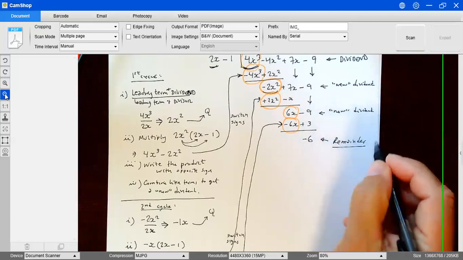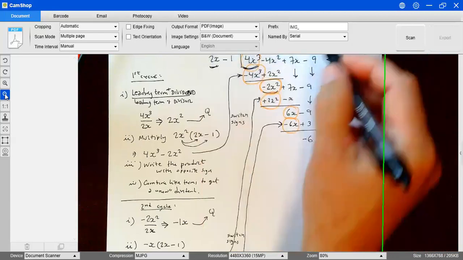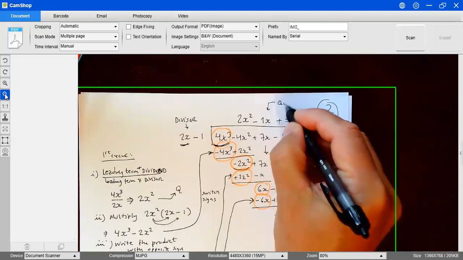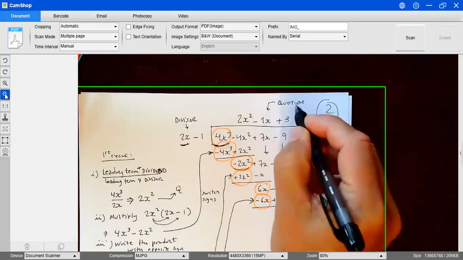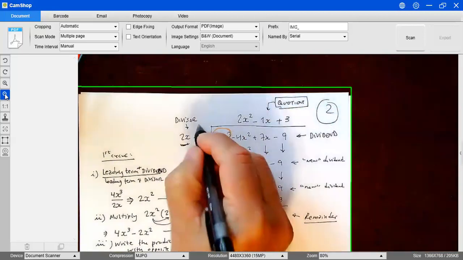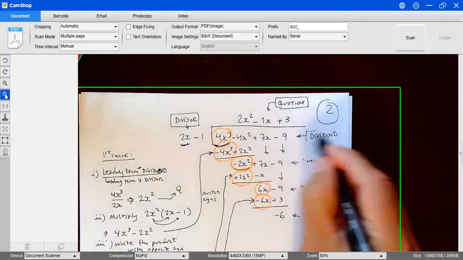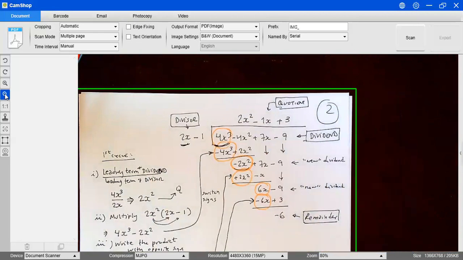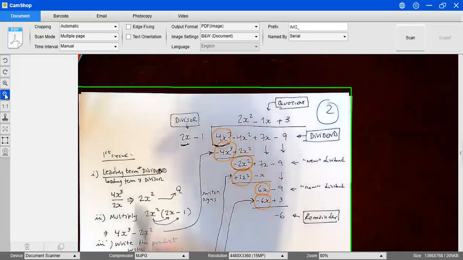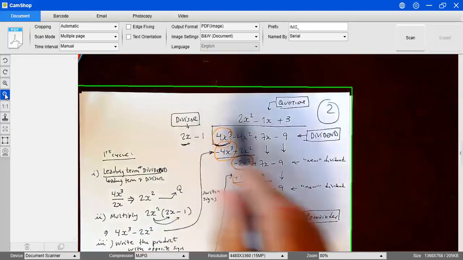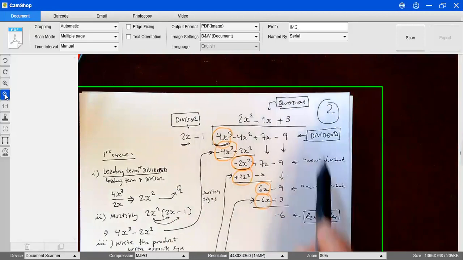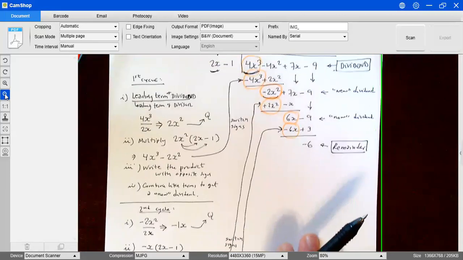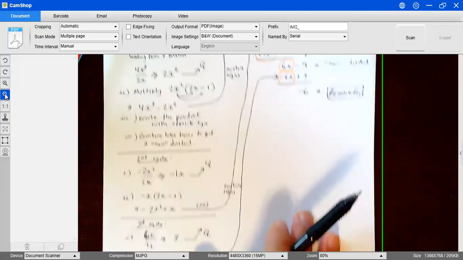So I have now the dividend, the divisor, the quotient here. This is the quotient. This is the divisor. We have the dividend over here, and now we have the remainder. Once you master these steps on the left, the only thing you're going to need to write is this. But I'm explaining every single step on the left part of the page. So now we need to write just the final answer